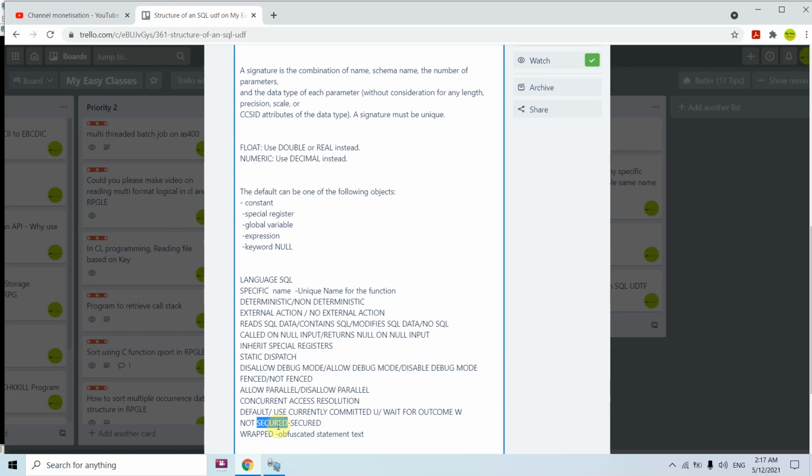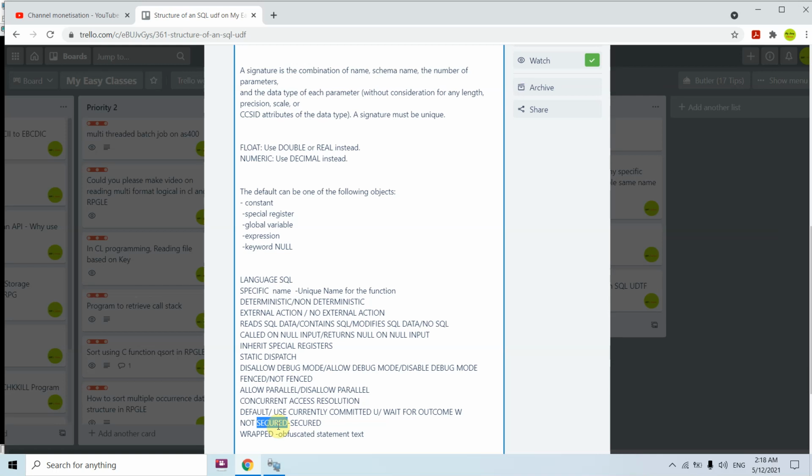So if we are using the masking, we must use not secured, because we can get incorrect results during that, because the column masking is happening at that time.